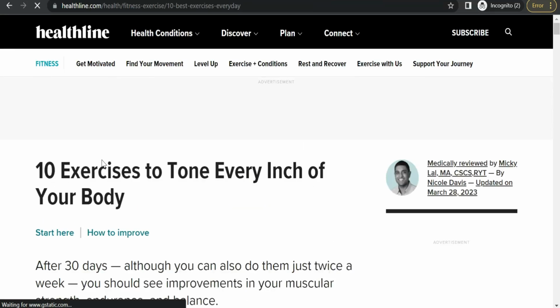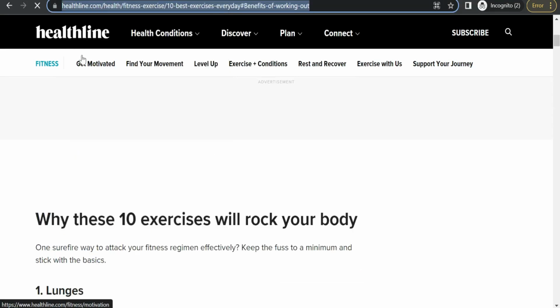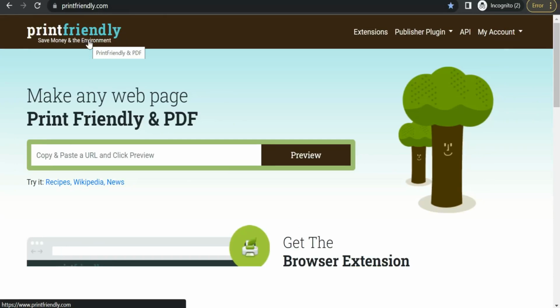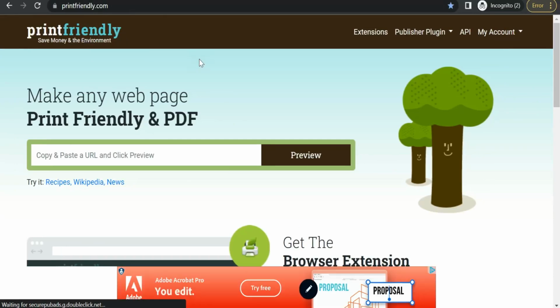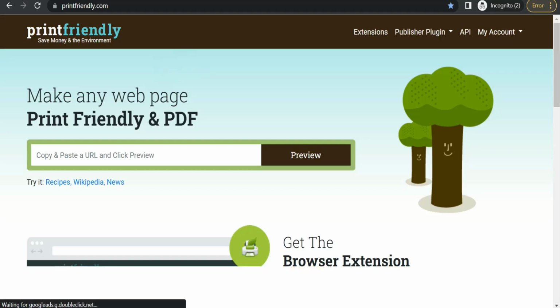And step number 2 is to copy the link of this article and go to an awesome website called printfriendly.com, where you can convert your web page into a PDF. So you can download your article as a PDF, or you can print it out automatically on this website as well. Here in this box, insert your link, preview,